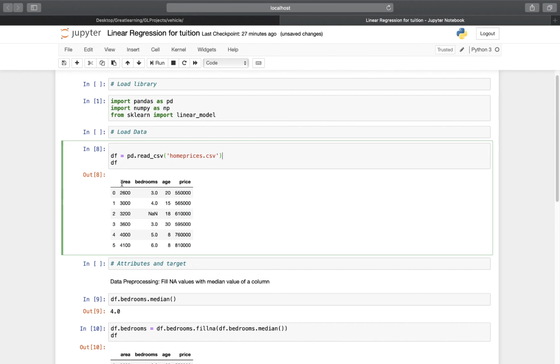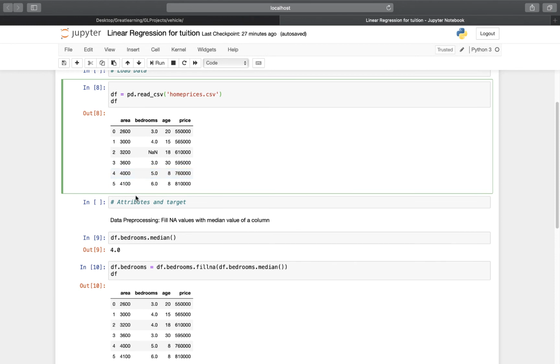Here we have only three parameters, there may be many more; you need to look into each parameter and understand how the data set is. So here we have used three parameters: area, bedroom and age. With this you are deciding the price of the house.